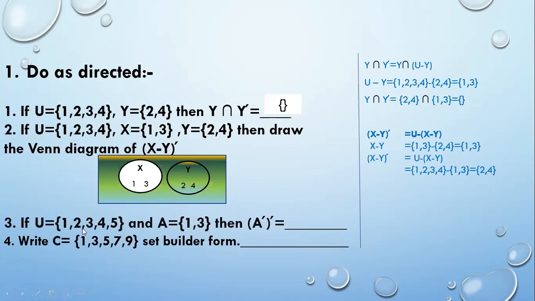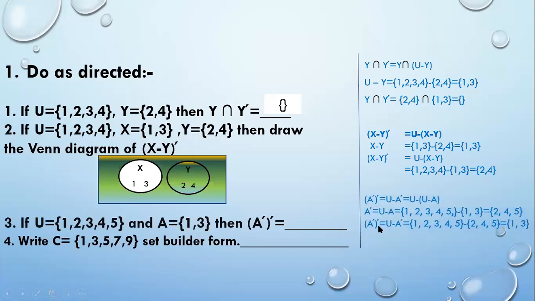Okay. Question number 3: U is equal to 1, 2, 3, 4, 5 and A is equal to 1, 3. We have to find A double dash. Now from page number 13, we know that A double dash is equal to A, and B double dash is equal to B, right? Now in the rough column, let's check whether the answer is correct or not. Yes, A double dash gives the answer 1, 3. That is our A. After solving A double dash, we get the answer 1, 3.